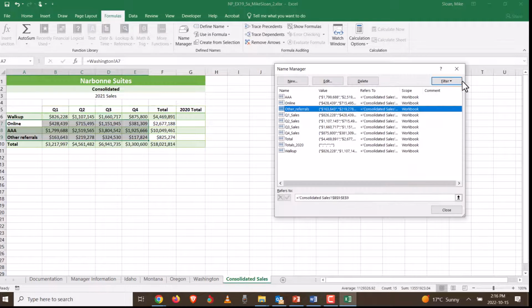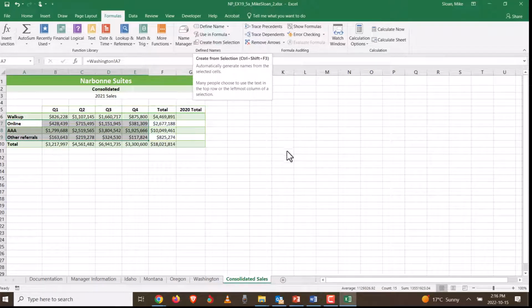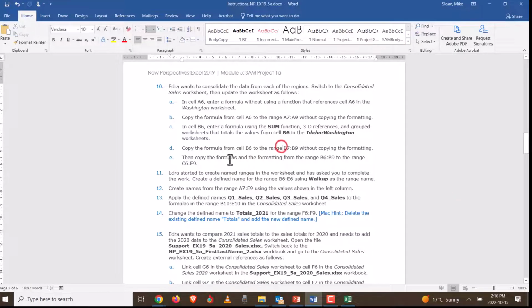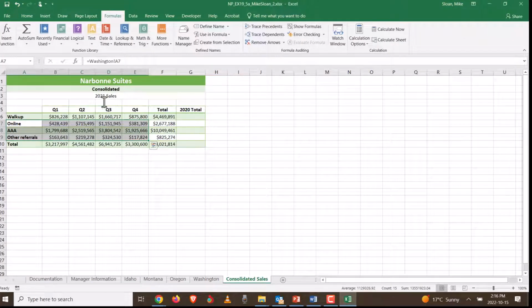It's pretty cool. So the first one we did, just to show you how you can do it manually, but Excel did notice that was there and it put it in for you. And then all of a sudden it's like, hey, we should be doing create from selection, which is even quicker. Then apply the defined names, Q1 sales, Q2 sales, Q3 sales, to the formulas in the B10 to E10 range in the consolidated worksheet. So if we go B10 to E10, B10 over to E10,